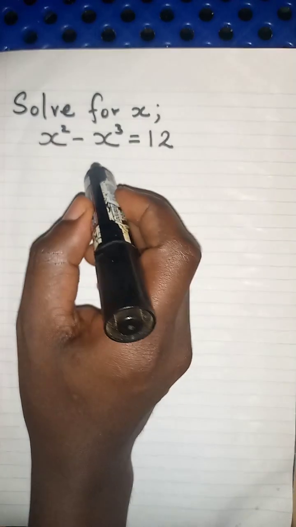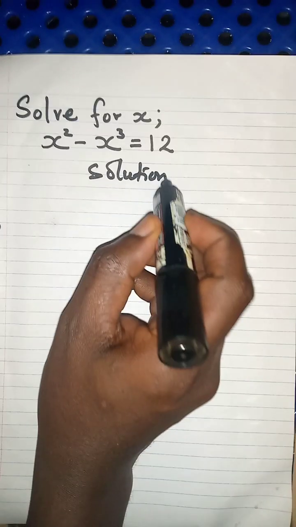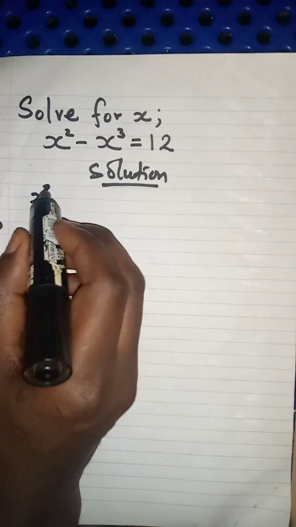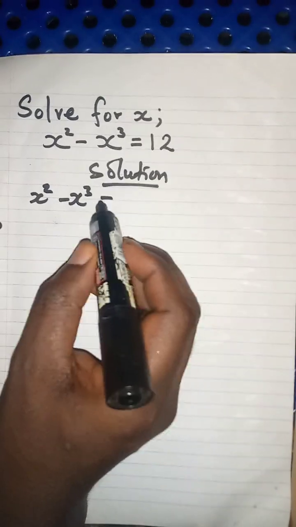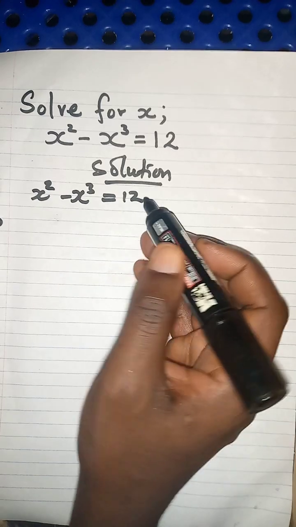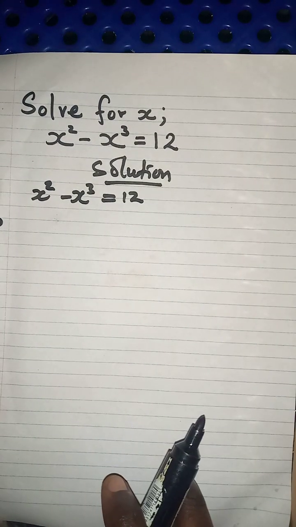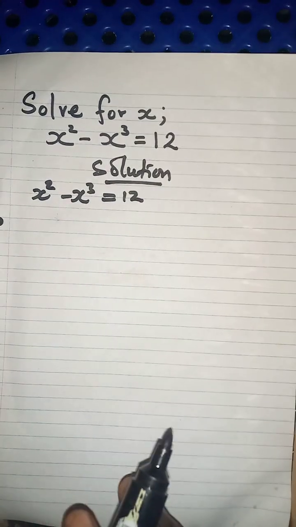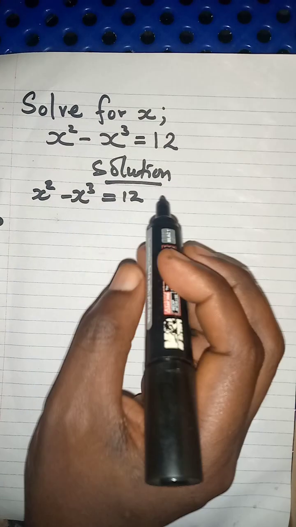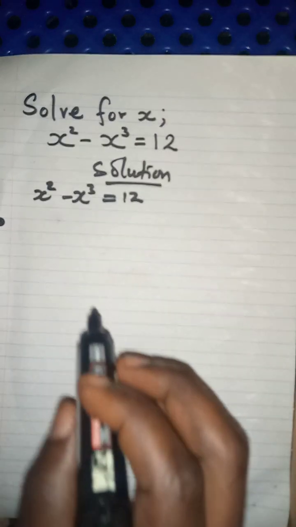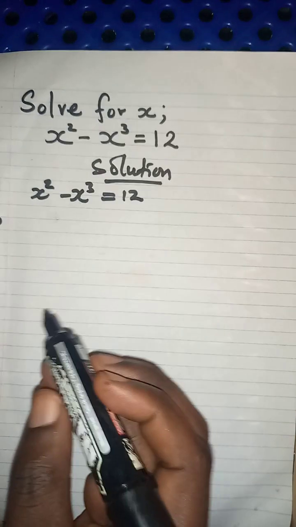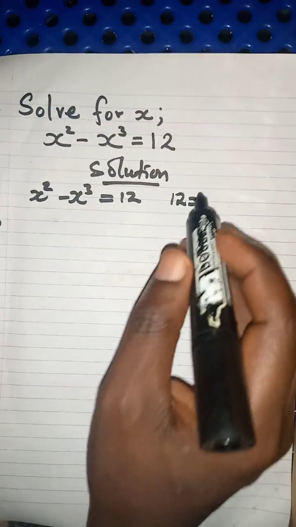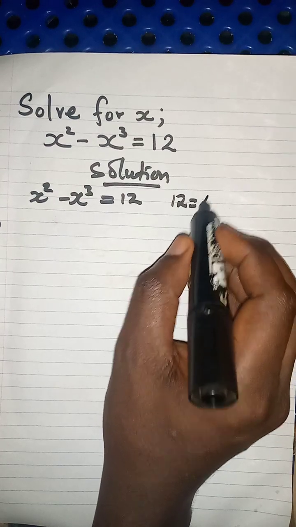So let us dive into the solution straight away. We're being told that x squared minus x cubed is equal to 12. The first approach that I'm going to use is, is there a way that I can split this 12 so that I get numbers which I can express in terms of squared and cubed? Of course, it goes without saying that 12 can be expressed as 4